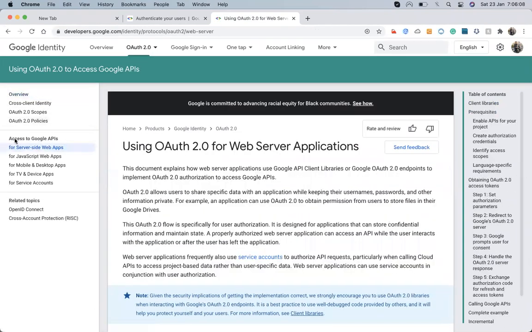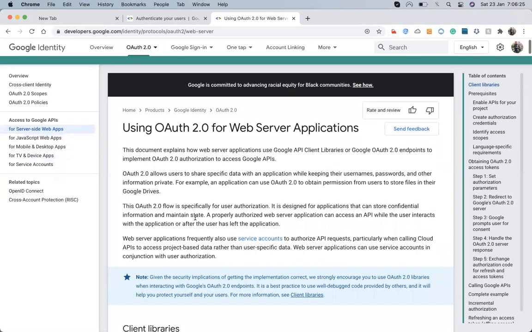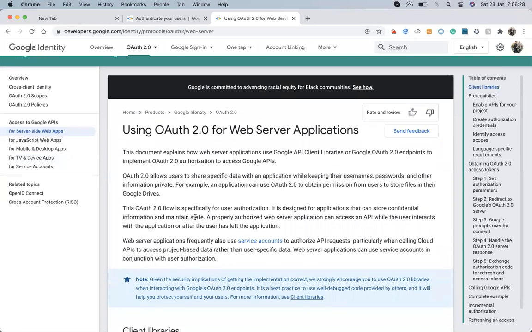if we need to access the Google APIs, we have these things where we are trying to access: web apps, JavaScript web apps, mobile and desktop apps, TV and device apps, and server account apps. These five things are available. Since we are working with Salesforce, and Salesforce is a kind of web server app, we are using that.